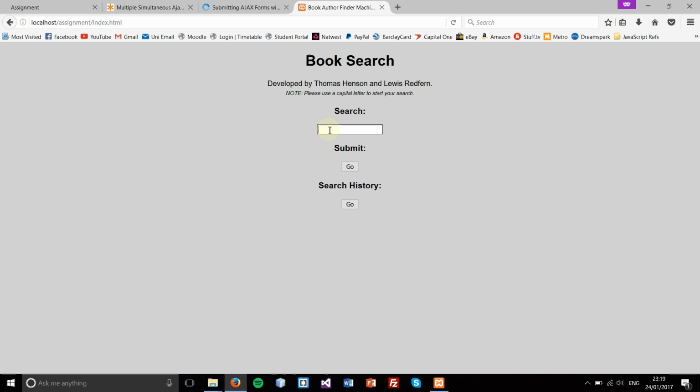So if you just click on the box here, the input box, you can type in your search. The one we'll be using for this example is the author called Voltaire. As you can see, we've searched him before. So once you have inputted the search, you can press go,